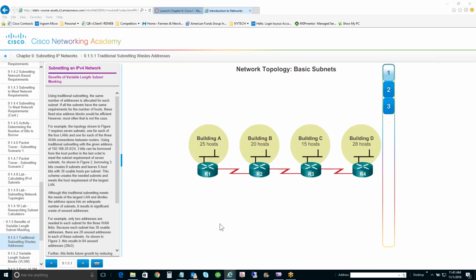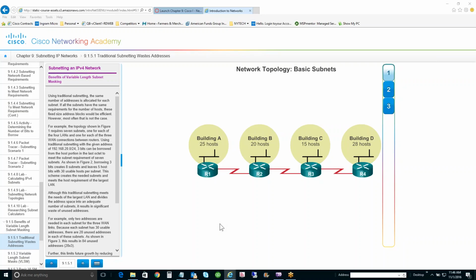So after they put you through all that and all the labs and Packet Tracers and activities that go along with it, yeah, fun. Your brain is probably like mush by the time you get to this point, which is when they start talking about variable length subnet masking. Well, as you can probably imagine from your activities previously in this chapter, or if you haven't done the activities and you're just blitzing through this presentation all at once,